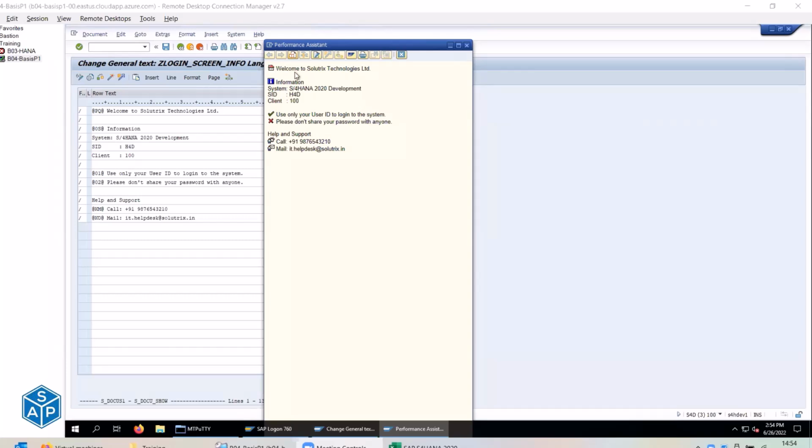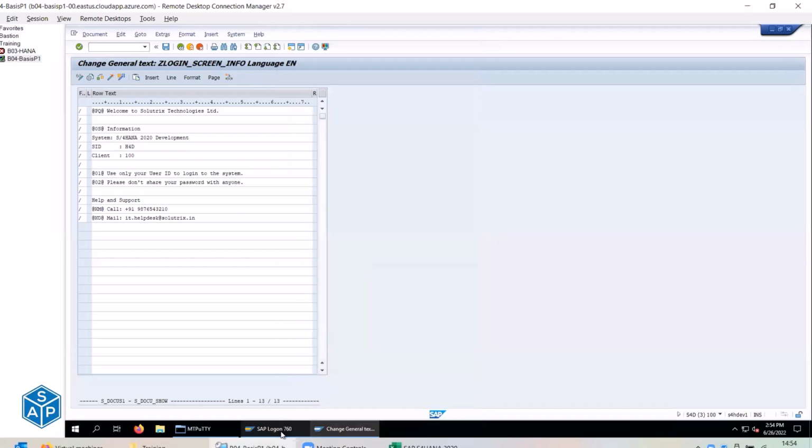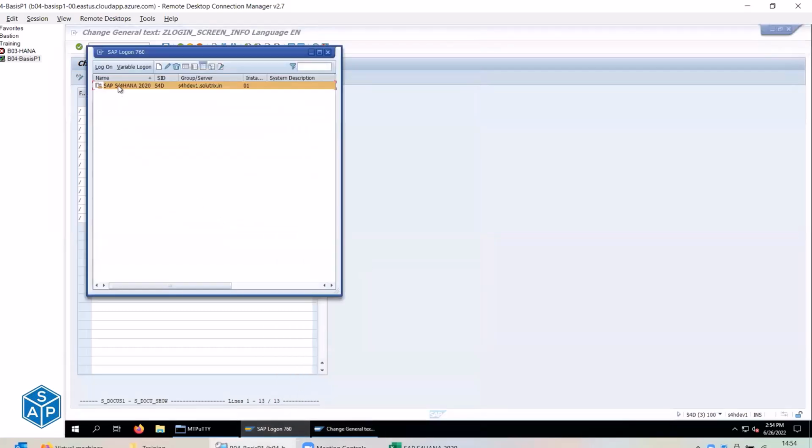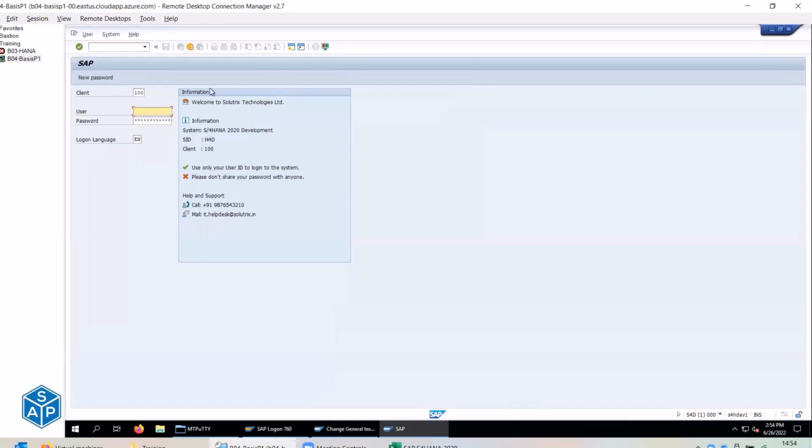Okay, so this is the output that will be visible on your initial screen or your login screen. Now if you want to see the final output, you can just go into your SAP logon pad and double click on the connection. Once you open, can you see the information screen over here? Here you can see the icon for which we use the tags. The tag in which you can use the icon, and this is the information. Welcome to the system information. This is your SAP S4 HANA 2020 development system, and SID, then you can use your user ID, and then